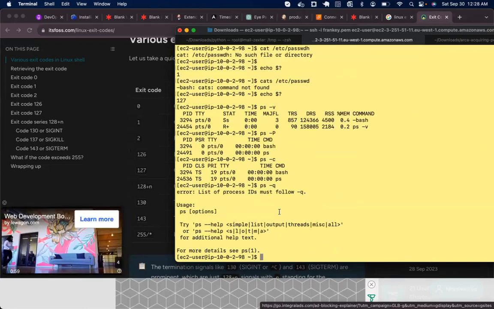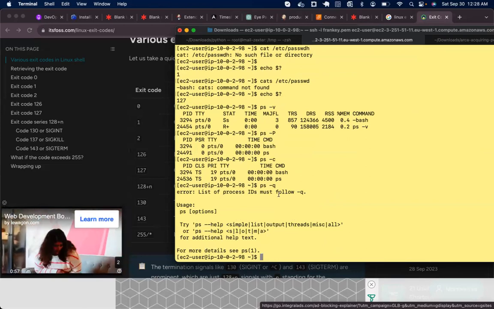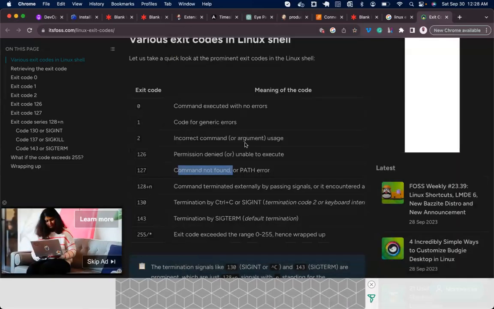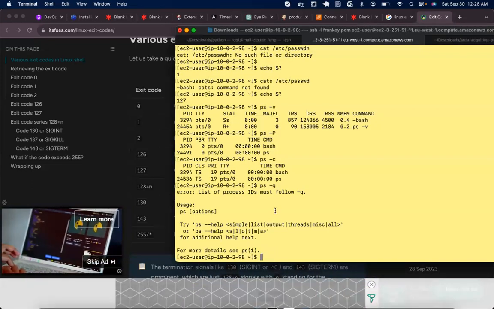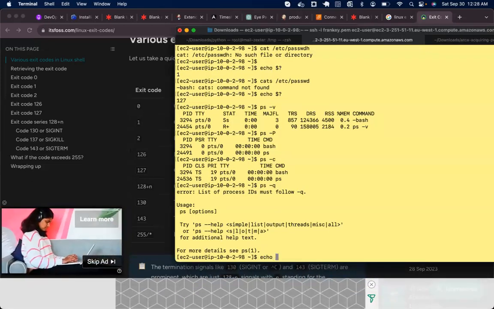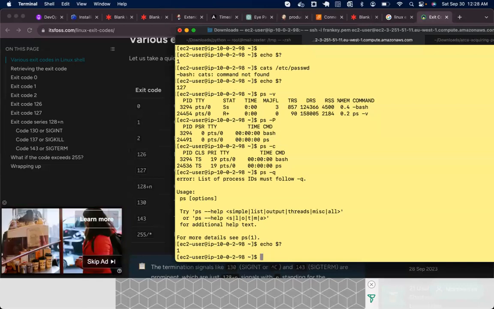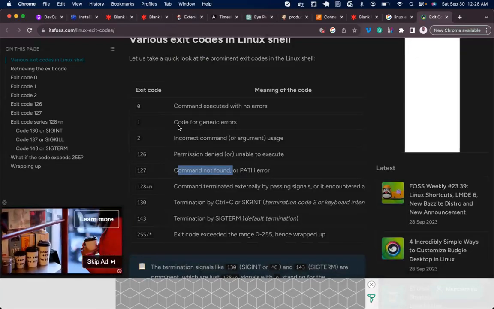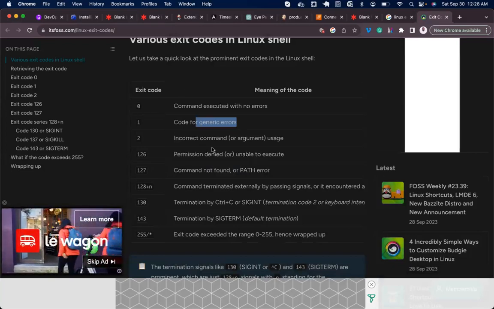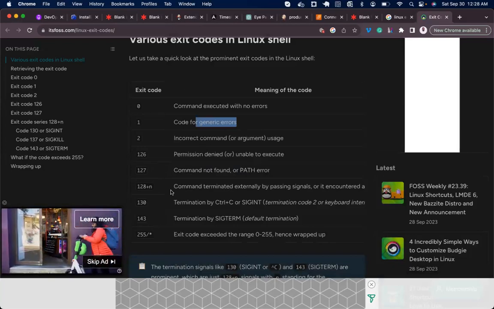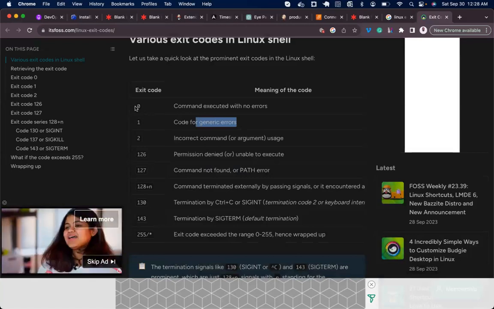So now this is what? Incorrect argument. Now let's try to echo the exit code. echo $?. I'm still getting 1. Generic errors, right? So this is how you can replicate these codes, but always have this thing at the back of your head,